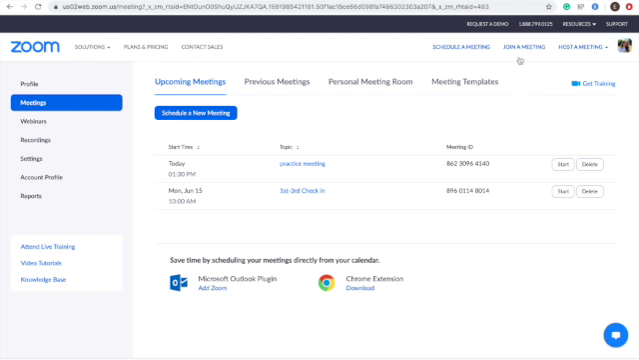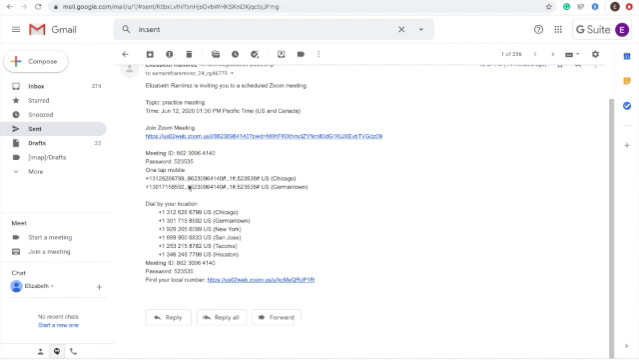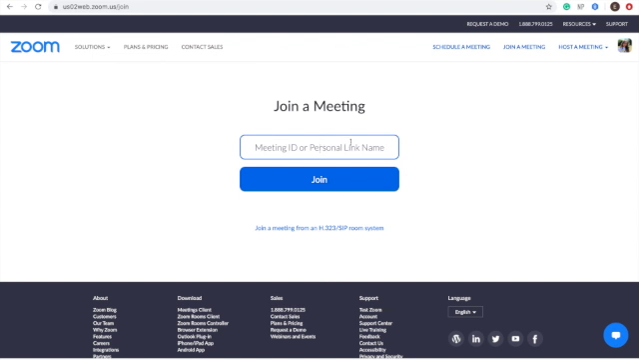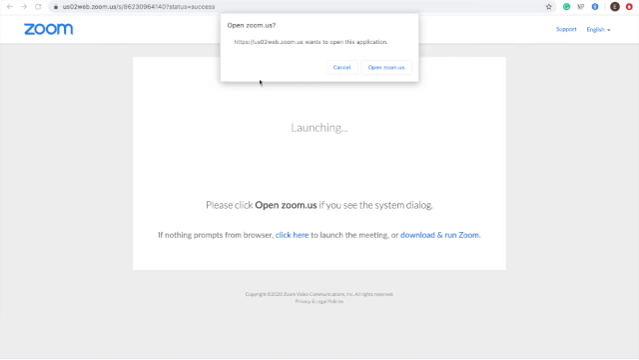and go back on Zoom and click join a meeting here at the top, and then it'll ask you for the meeting ID, and the meeting ID will be in that same email with all the information, and so you can just copy and paste that meeting ID, paste it in here, click join, and then you will see kind of this launch screen. And then you're going to click open zoom.us,